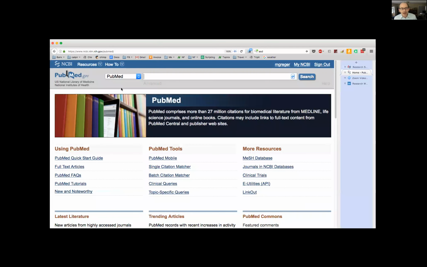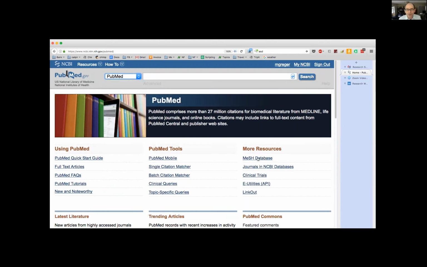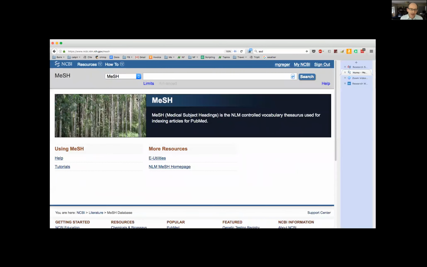And then you can either use this pull-down menu here and click there, or right here you see there's a link to the MeSH database over here. Let me put in that direct link for people who want to follow along. Okay, and so what I'm going to do is I'm going to click that, and it takes us to here,